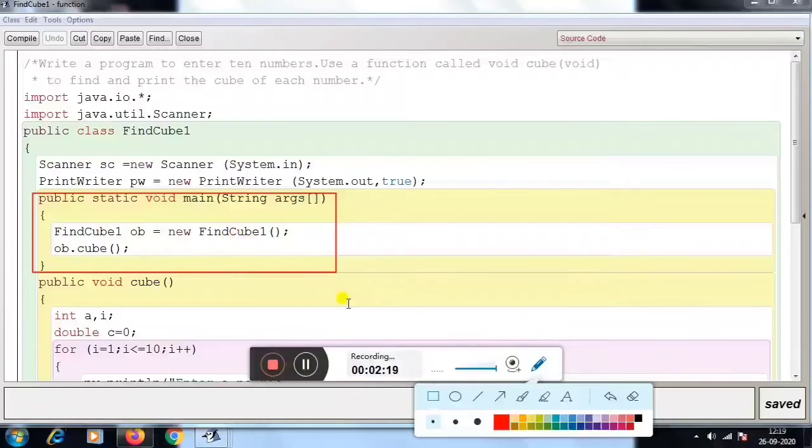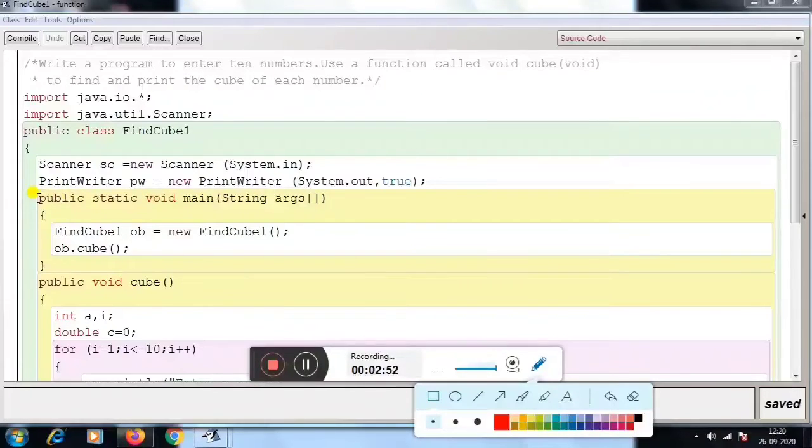It means if we create an object for Scanner and another object for PrintWriter inside main, then we cannot use them outside of the main function. That is why here we do everything in the subpart, outside of the main function. So we have declared the Scanner and PrintWriter outside of the main function.